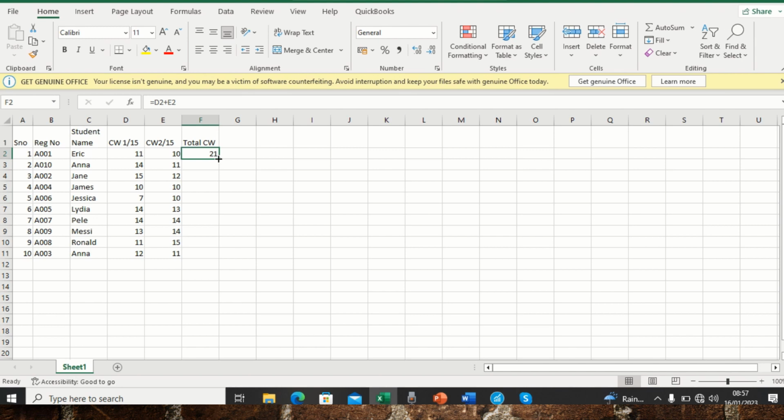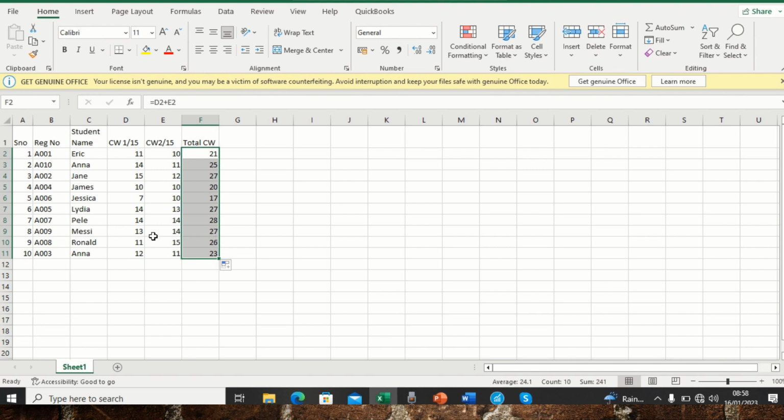Down to the extreme right, on that joint. Then after putting it there, we long press. Then we drag while still pressing, while clicking it, long click or long press. Then you drag it up to where you want it. Then you leave it. By the time you're leaving it, it will compute for all